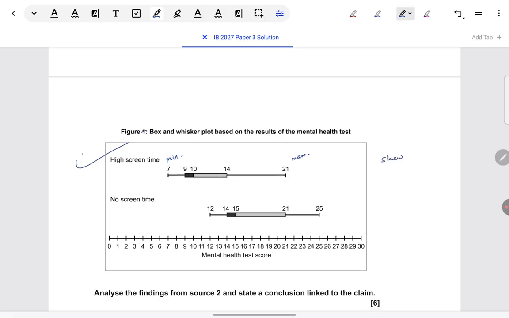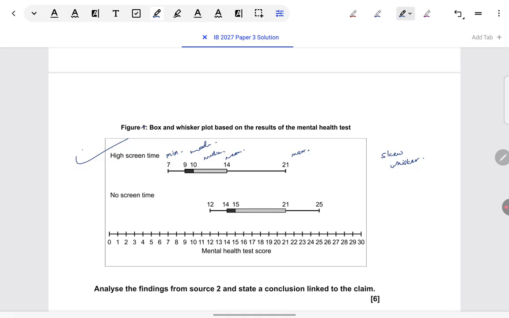If you're having difficulty following what I'm talking about, like I told you in the beginning, you need a background on all your data analysis before you begin with this. You can just revise that. Okay, so we have the minimum, maximum values, we have the median, we have the mean, and we have the mode. So we have all the values given to us on the box and whisker plot.